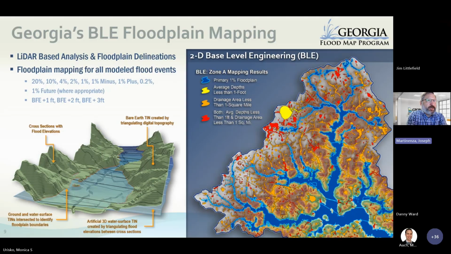But if we go to put these on a map, we do take a look at things like, what's the average depth? If the average depth is less than 1 foot and the drainage area is less than a square mile, we may not want to put that on the map. Traditionally, that wouldn't necessarily be on the map. So we can use these different categories in the conversation with you and say, this is what we got. This is our raw floodplain data. And then we can show you the different things that we can do. So we might just turn all those red areas to X shaded,